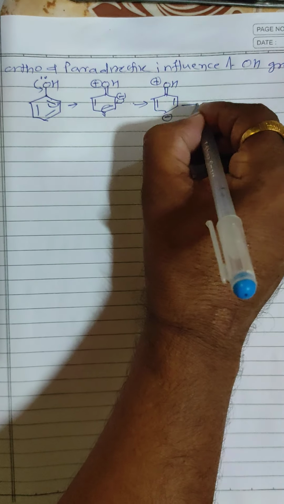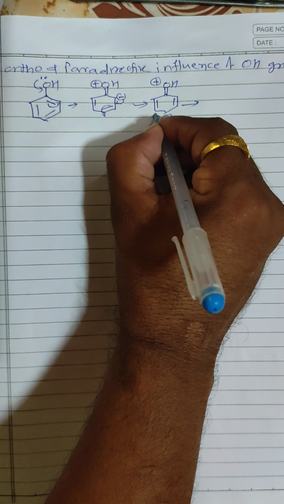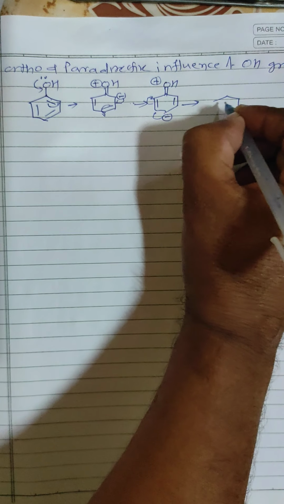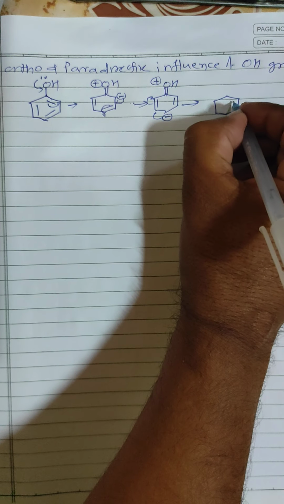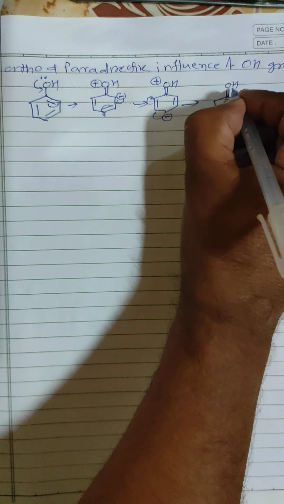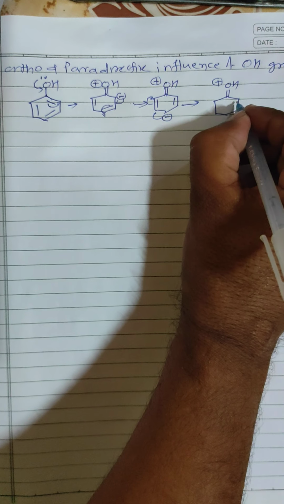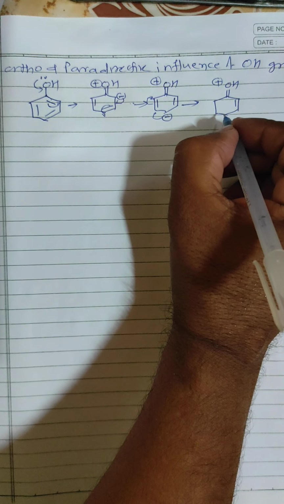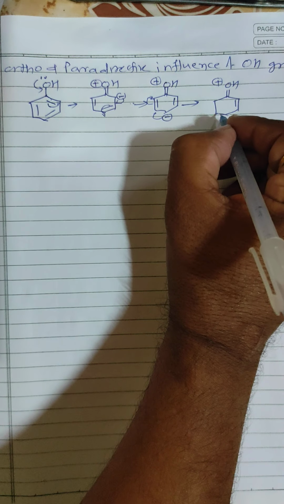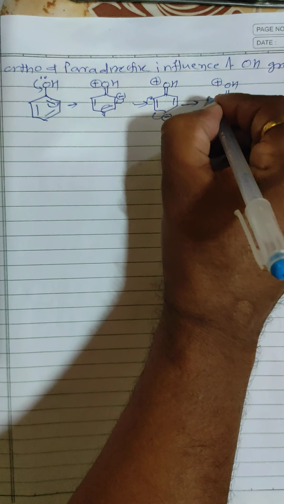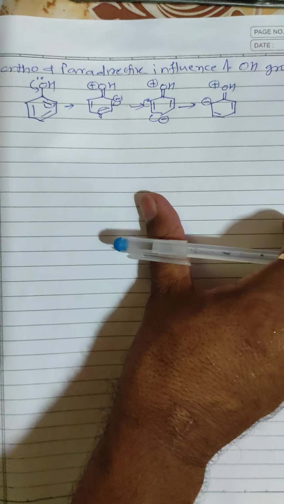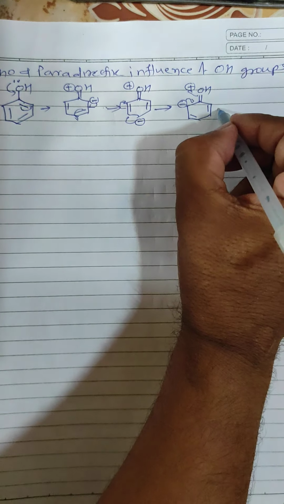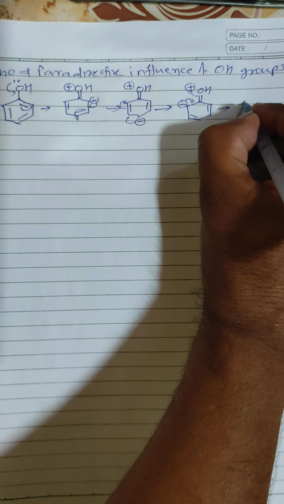Again, next structure, they are shifted here. They are shifted here and to form OH having positive charge. Then here double bond. Similarly, double bond and negative charge. And the last structure, they are shifted here. They are shifted here to get the original structure like